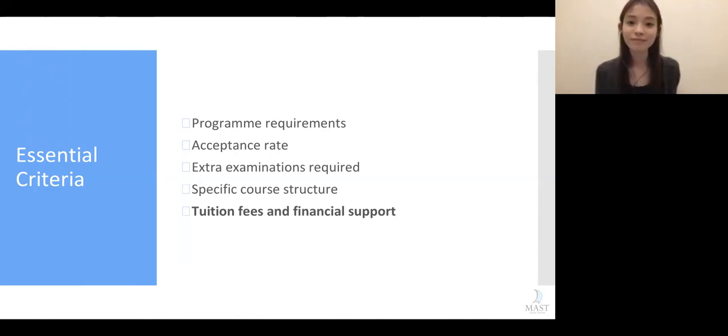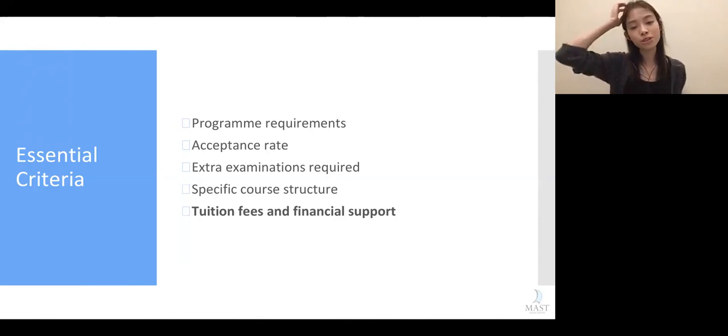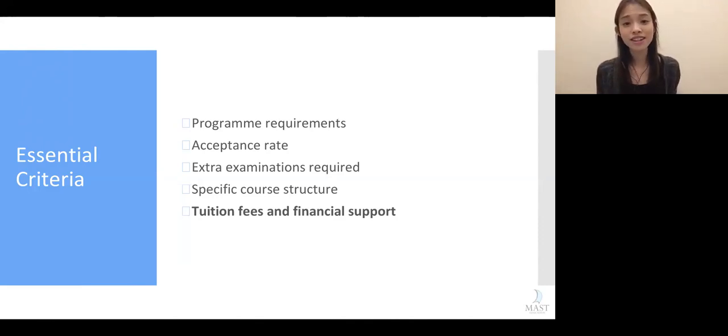Oh, I meant more so on the grade-wise. What type of grades do you have to achieve in order to get financial support? For the grades-wise, so you would be talking about the merit scholarships? So for the merit scholarships, it really depends according to each school again. So it depends on how prestigious the school is. For example, if you're applying to Oxford or Cambridge, they probably have really high requirements. But if you're applying for, let's say, Manchester or Newcastle, they would have lower requirements than Oxford. Yeah, but they don't specify on any of the websites. Okay, yeah. Thanks, Yo-Yo.